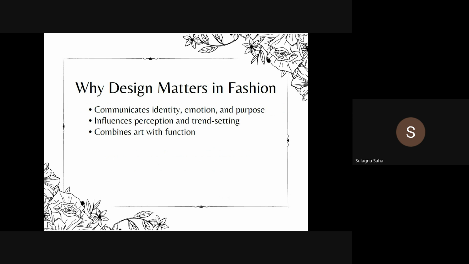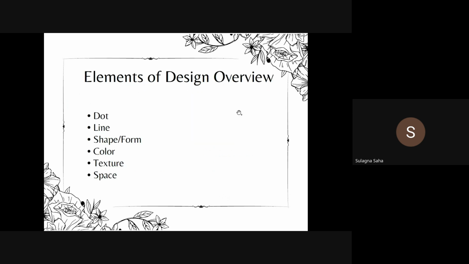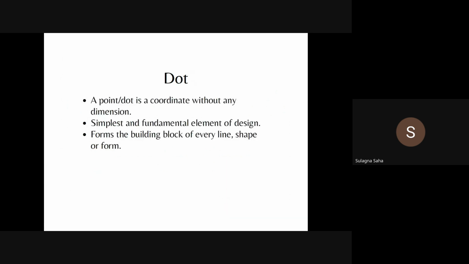So, design, as we define it, is said to be a problem solving technique. So, if there is a problem and we try to solve it, we call that design. And that problem solving technique has to come with a purpose of function. Now when we talk about the elements of design, these are dot, line, shape, form. As we move, we will talk about each of these elements, starting with the